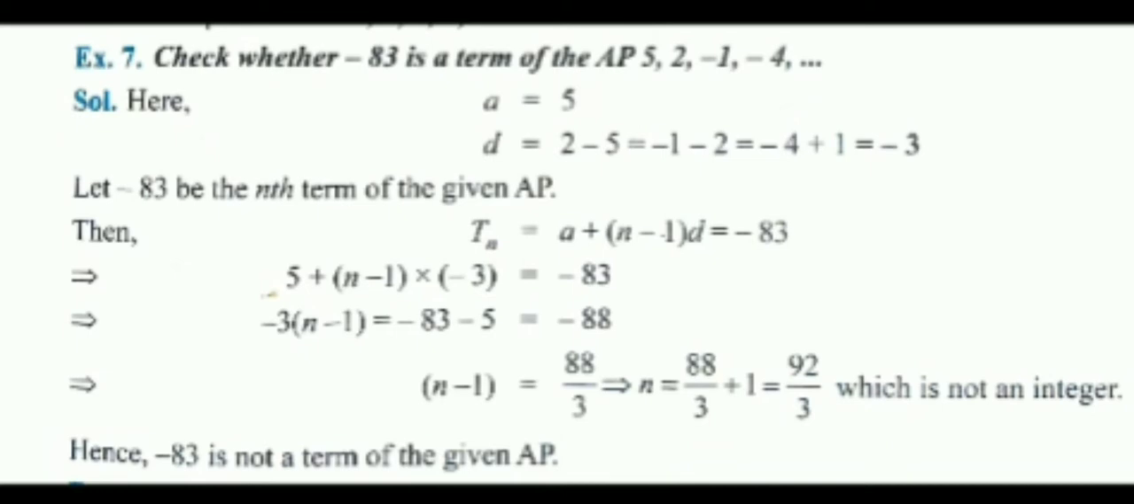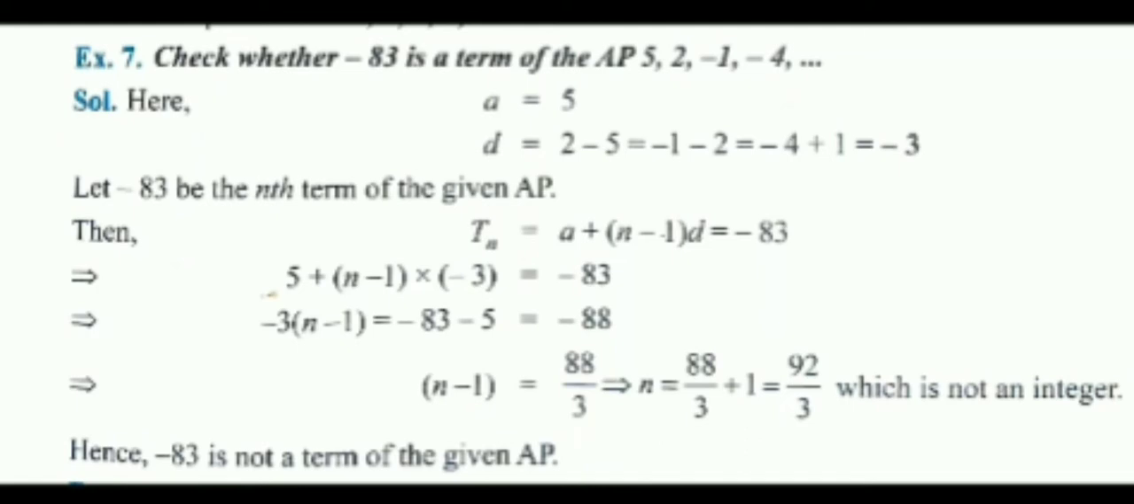The question is, check whether minus 83 is a term of the AP 5, 2, minus 1 and minus 4 and so on. So students, here the first term is what? The first term is 5. That means a equal to 5. And the common difference means d. d equal to,